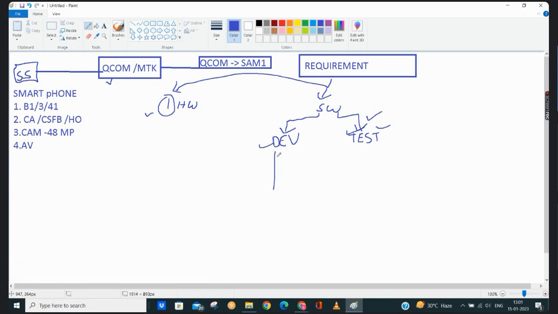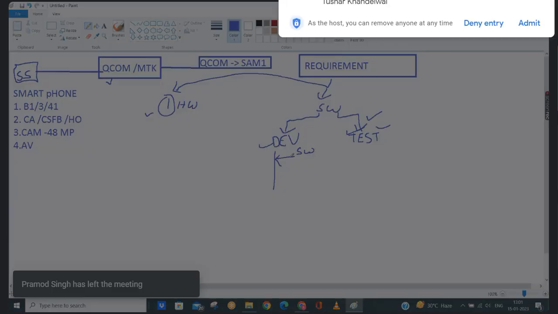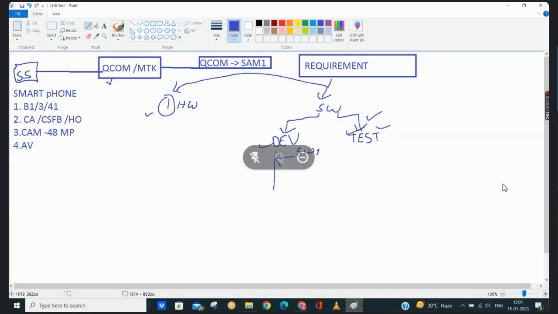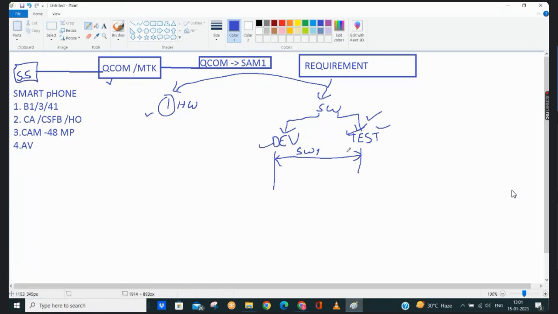Okay, suppose initially the development team developed some software, which in our industry we call a build or binary. So now we have that software. Suppose the initial software version is one, and now the development team releases this software version to the testing team with some information, meaning a release note.